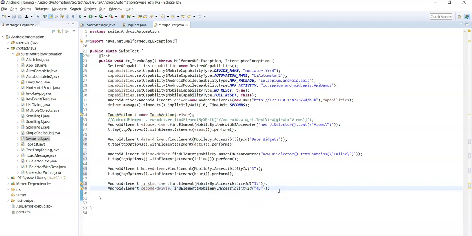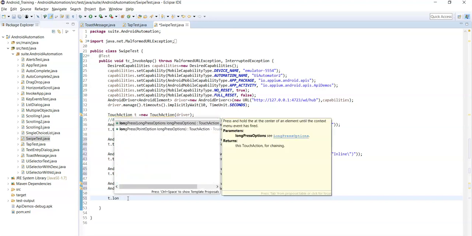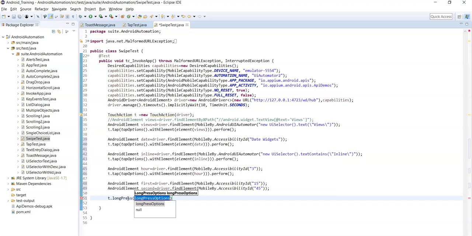Now how can we swipe from first element 15 to second element 45? Using long press action we can perform swipe action as well. So t dot long press, long press options.